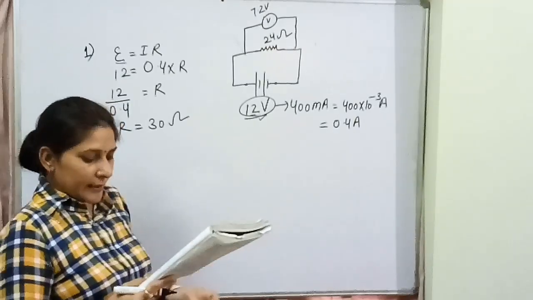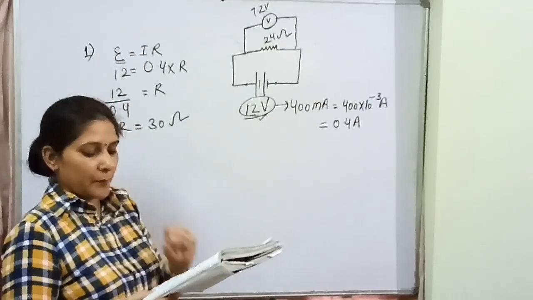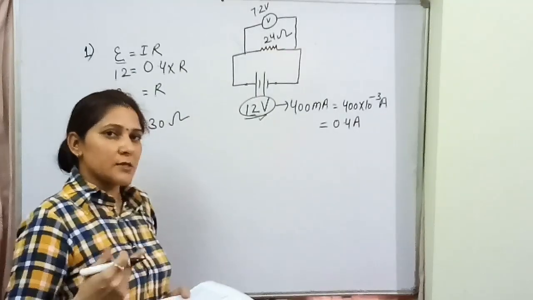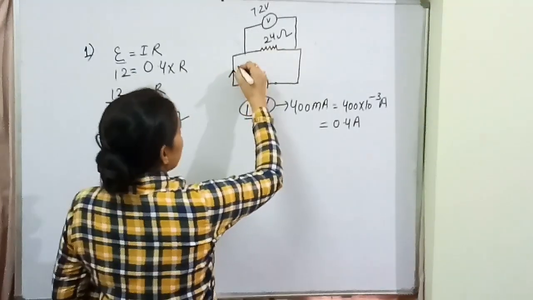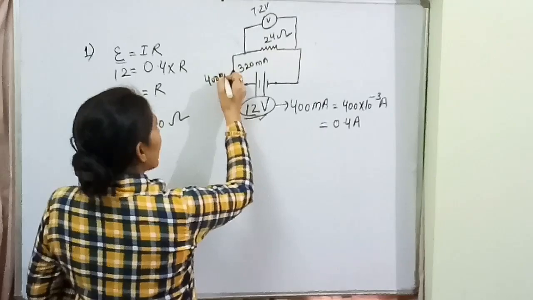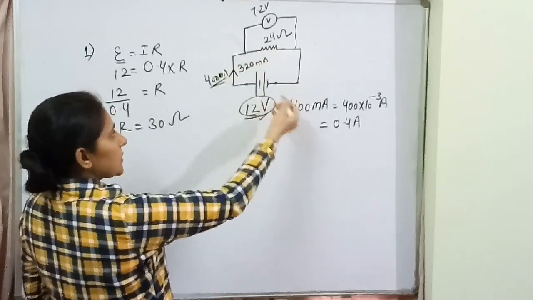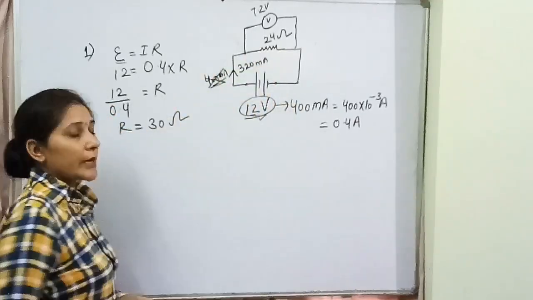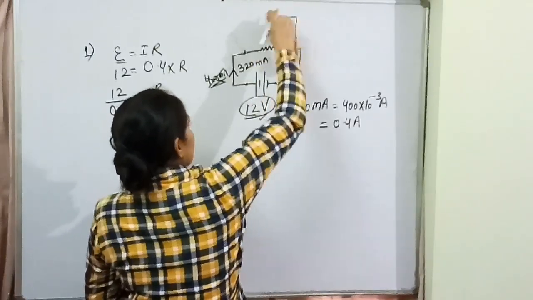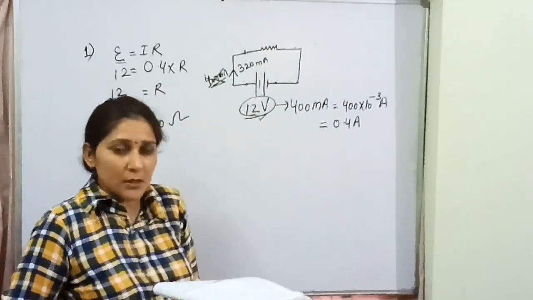Fine. Now second one, they are saying after a long continuous use the current drops to 320 milliampere. वो कहते हैं सपोज हमने उसको अप्लायंस के साथ कनेक्ट कर दिया, उसको यूज किए जा रहे हैं and after some time जो करंट का वैल्यू था that drops to 320 मिलीएम्पियर. पहले कितना अज्यूम किया था हमने 400 मिलीएम्पियर होना चाहिए. अगर ये देगा, इसको दिया हो सकता है 400 होगा, फिर यूज किया and value of current decreases. Now it is 320 मिलीएम्पियर. ये हमें वैल्यूज अभी नहीं दिया हुआ है कुछ भी. Right, in this question they are saying कि अगर हमने इसे बहुत देर तक यूज किया तो अब उसमें से करंट कितना जा रहा है 320 मिलीएम्पियर्स.